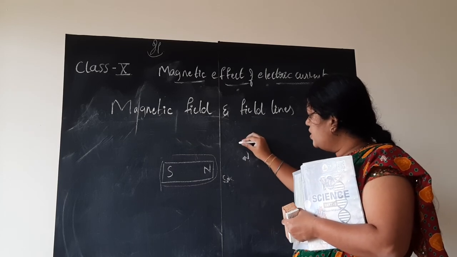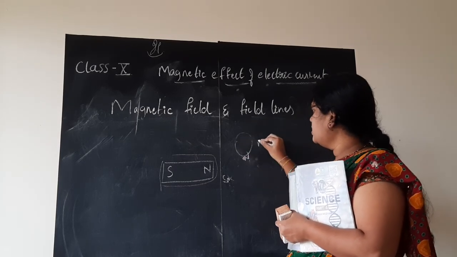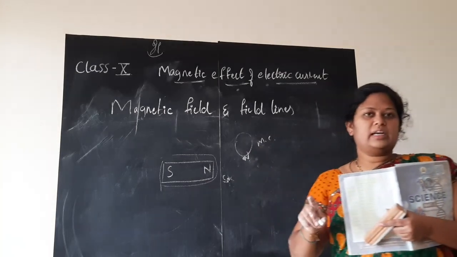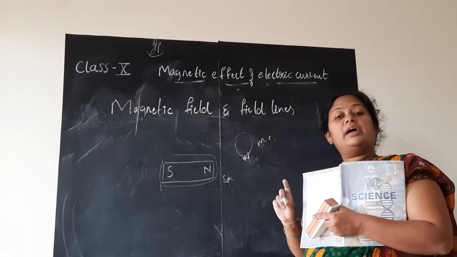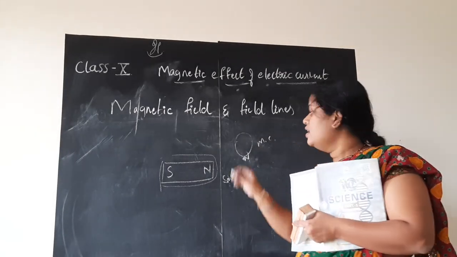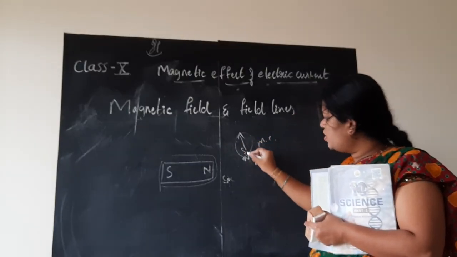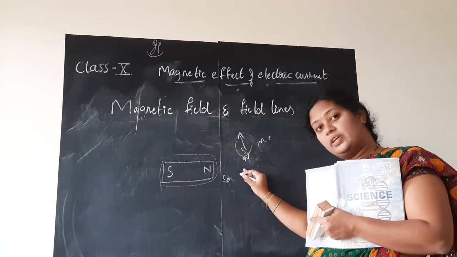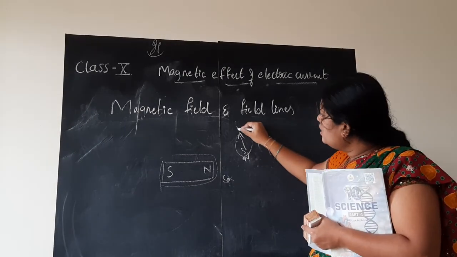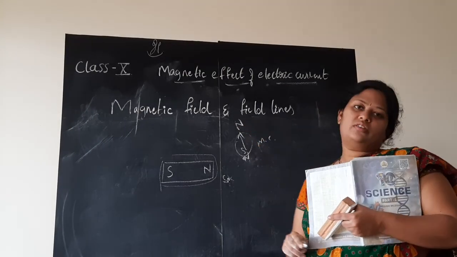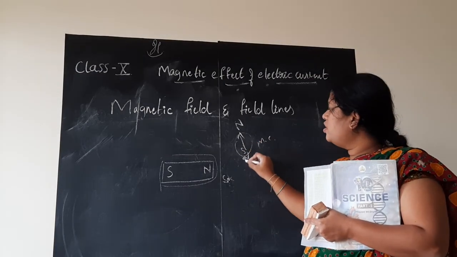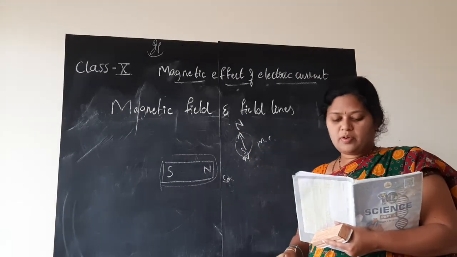Next, remove the magnetic compass. Again keep now the magnetic compass here. You keep the magnetic compass in such a way that the south pole of this magnetic needle is now near the north pole of the previous position, and if south is here, obviously north will be there. South and north pole will attract, so north will be upon that.